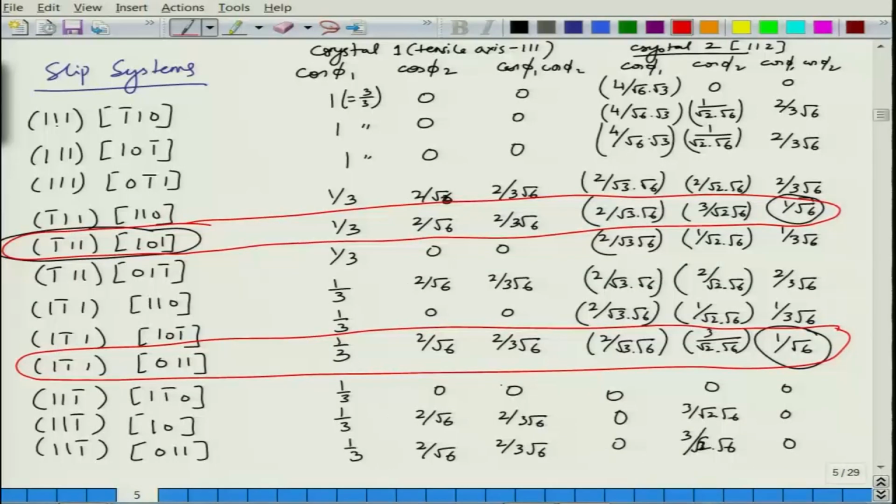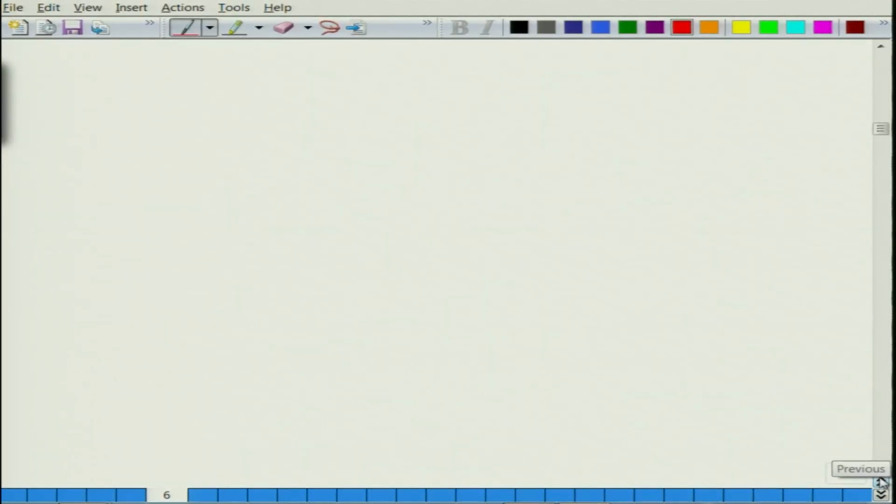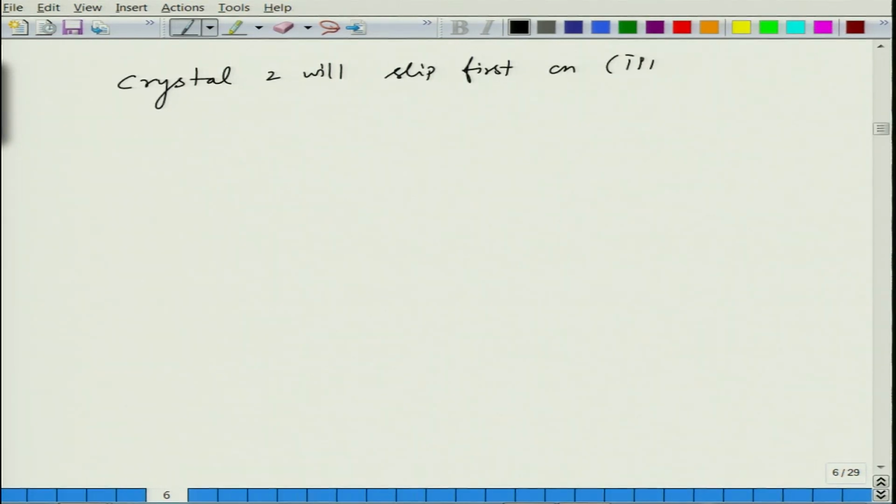Okay. So, we can summarize from this, the answer will be crystal 2 will slip first on bar 1 1 1 and 1 0 1 and on 1 bar 1 1 0 1 1